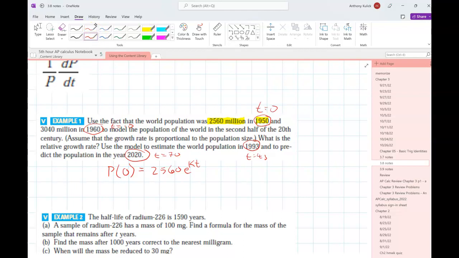Similarly, I guess this should really be P of t. So if I talk about P of 10 then,